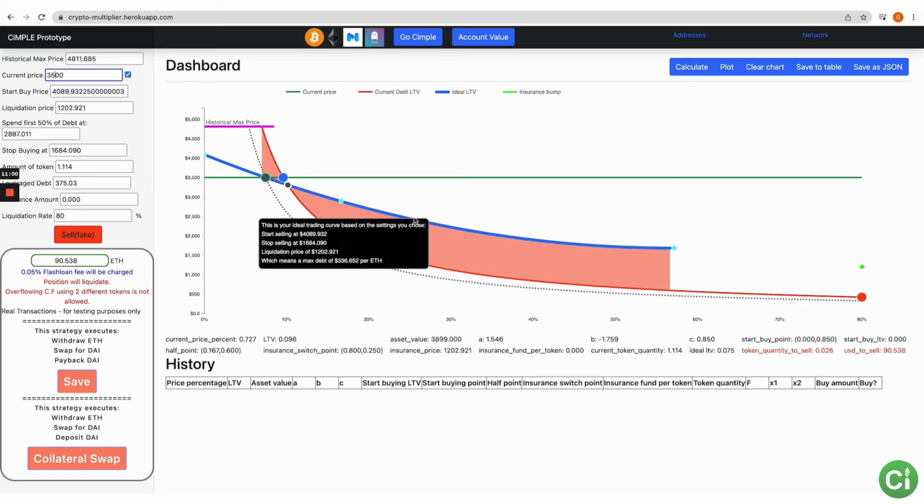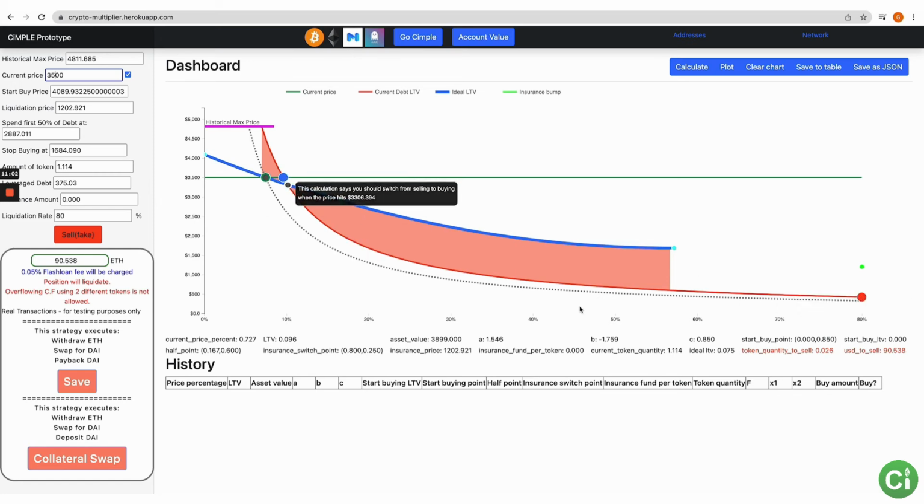I also want to point out, the current amount of debt based on that last purchase, it still will liquidate, right? So you come over here and you say that 375 that we bought here would liquidate when the price of ETH reaches $420, right? So as you're continuing to buy across this, you're just changing where that is. And so if you buy at the end, it'll end up going exactly right there.